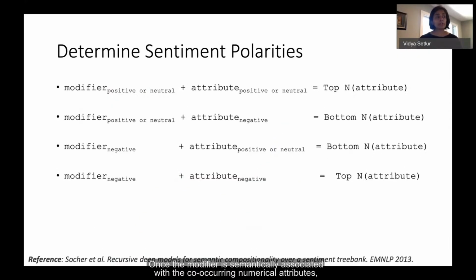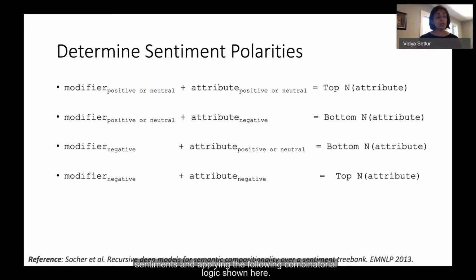Once the modifier is semantically associated with the co-occurring numerical attributes, we need to determine a reasonable numerical filter range to associate with the modifier. Sentiment polarity is a linguistic technique that uses positive and negative lexicons to determine the polarity of a phrase. We compute sentiment polarities of the modifier and the attributes using their individual sentiments and applying the following combinatorial logic